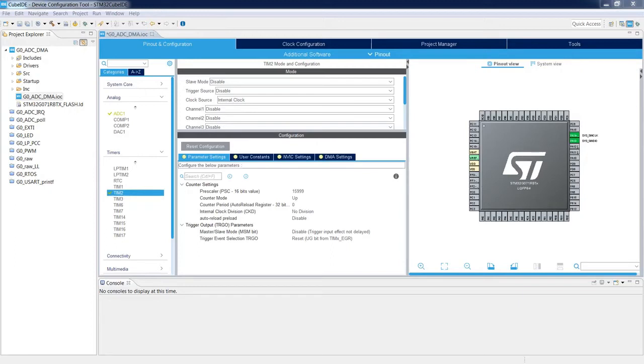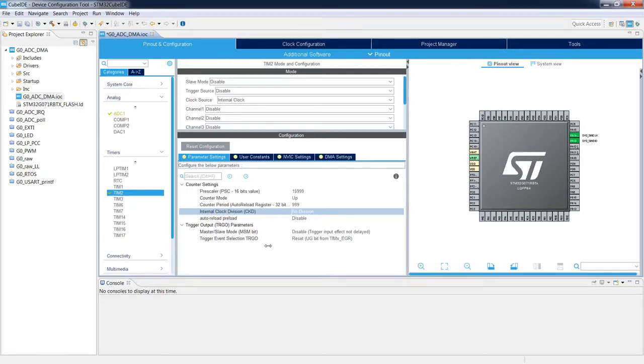So we need to divide this 1 kilohertz to have 1 hertz. To do this, we are using a counter period, which would be set to 1000. I put the value 999 due to the fact that we are counting from 0. So after these two operations, our timer would overflow with the frequency of 1 hertz, which is the desired value. This is the first part of the configuration of the timer. So we will have a timer which would overflow at the frequency of 1 hertz.